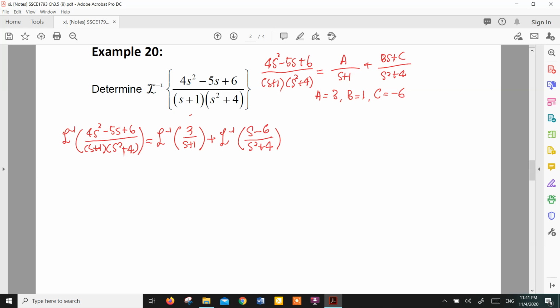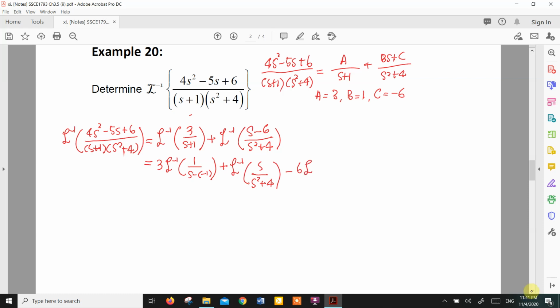So here you will have 3 times the inverse of 1 over s minus negative 1. Here your a is negative 1. Plus, for this one we need to separate s and negative 6. So plus inverse of s over s square plus 2 square, 4 is actually 2 square,